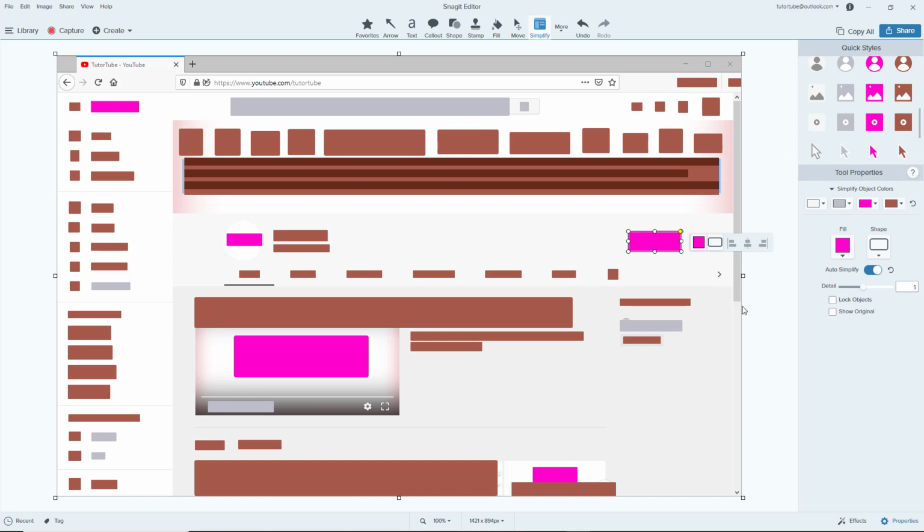And that is how you can use the simplify and auto simplify tool inside of Snagit editor to simplify the content of a screenshot. So hope you guys learned